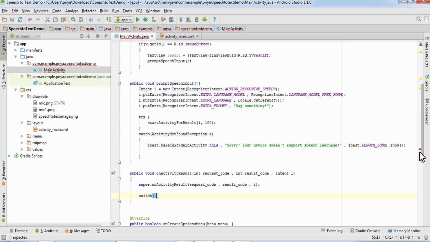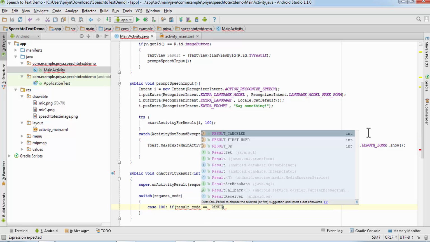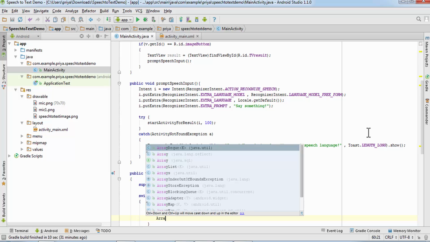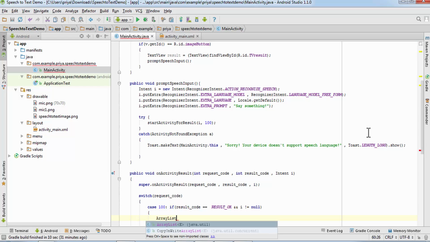So write switch. Here we are going to use this request code and case 100, because we have passed 100 here, and here we are going to write if resultCode equals RESULT_OK and i not equal to null, then we are going to use ArrayList, and it's going to take string values, result.